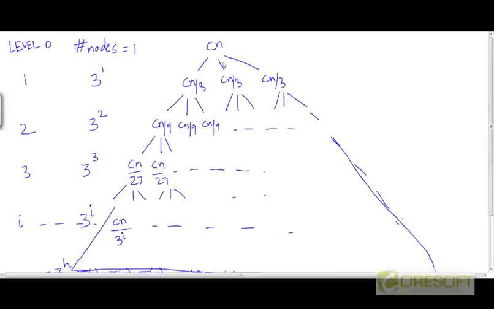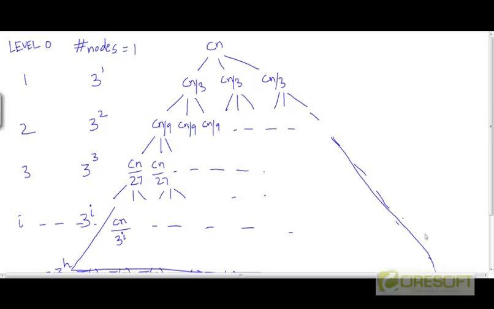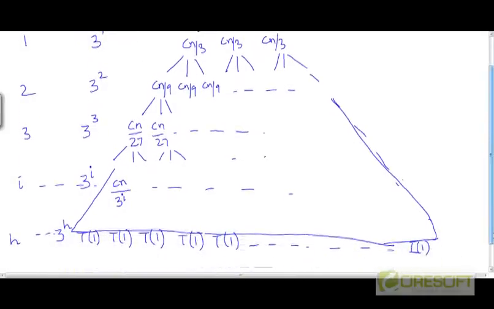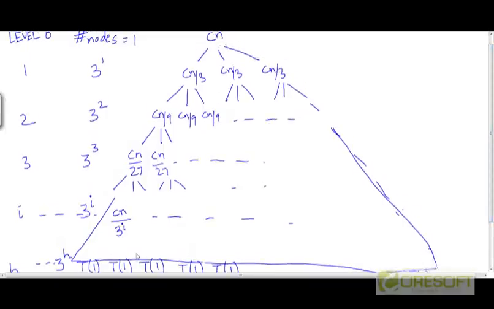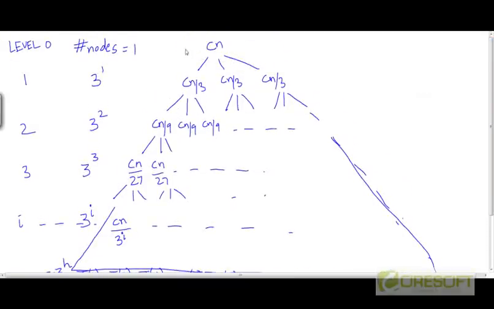Now how do we evaluate the value of T of n? We do so by summing up the costs at each node at all the levels in the recursion tree. And the way we sum up these costs is level by level. So we'll add up the costs at level 0, then we'll add up the costs at level 1, then we'll add up the costs at level 2, at all the nodes of level 2, and so on. So if I call these level sums,